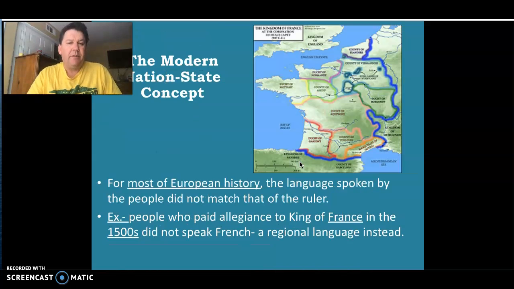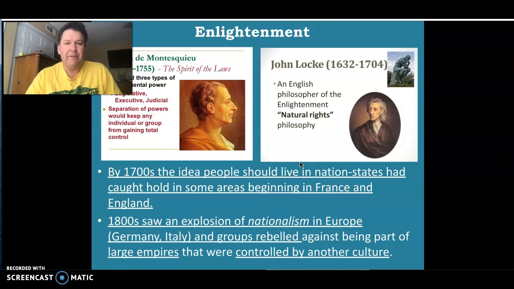So the so-called modern nation-state concept comes from Europe. The idea behind this is that you had a king or a queen. They typically didn't speak your language, and that didn't sit well with people. It didn't resonate well with people. I'll let you look through this. Again, this is hopefully historical in terms of its content. You guys might have heard of Montesquieu or Locke, but this is where the ideas come from that actually create the laws that we have here in the United States. Take the three types of power: legislative, executive, and judicial. Should sound familiar.